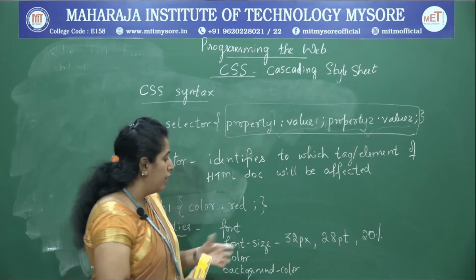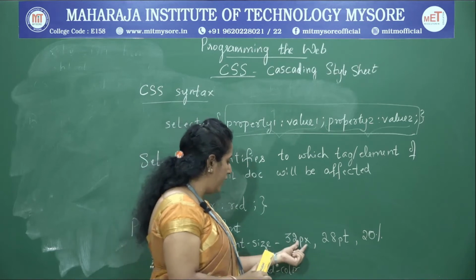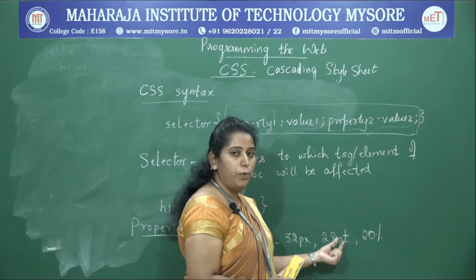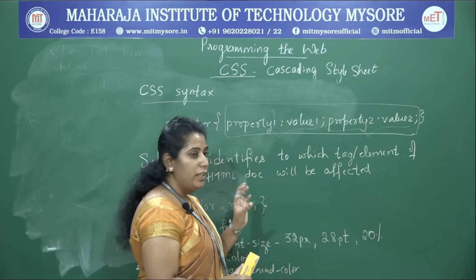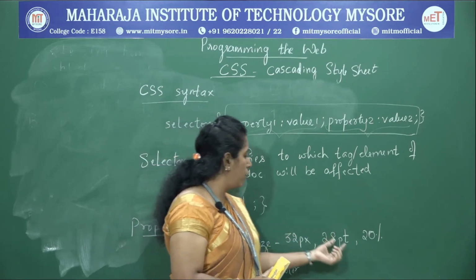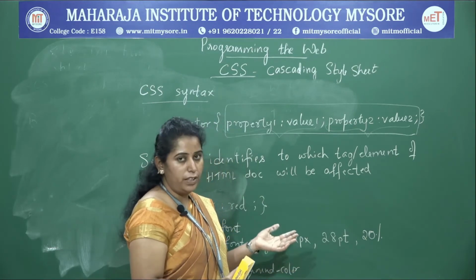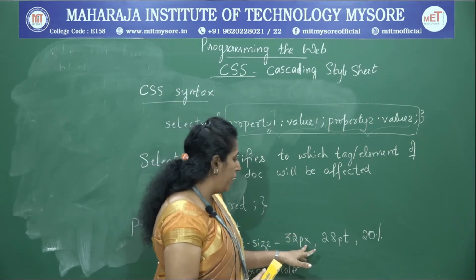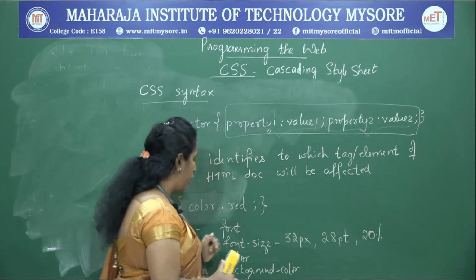So you can notice, right, I am giving the value in different units of measure. In one case I have given px, that is pixels. In one case I have given pt, that is points. In another case, percentage. So it indicates that some of the units are applicable in relative measure and some of the units are applicable in absolute measure. In CSS 2 it was working, in CSS 3 it is working with absolute only. So by making use of different units of measure, you can make use of different units.